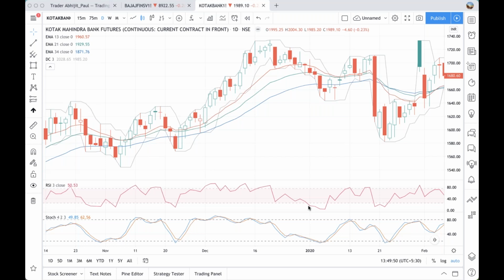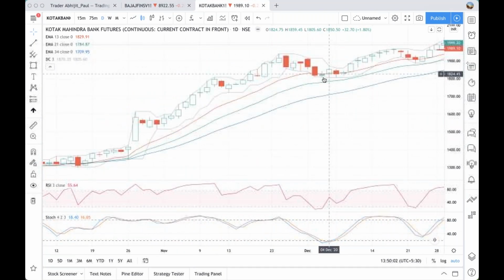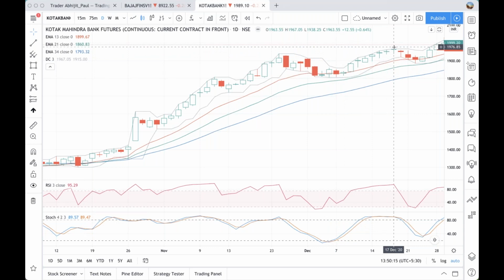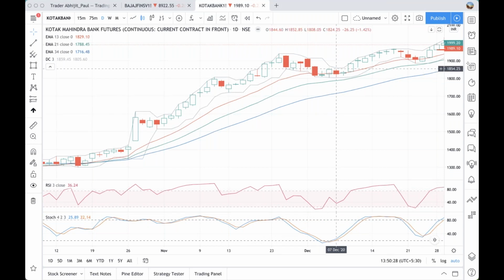that when the market goes oversold like this, I always prefer to see the size of the candles become smaller and smaller, like it was in the first example we checked. This was the oversold condition, and see what happened after that. For 3-4 days, the range of the market contracted significantly, which led to a nice breakout. So I always prefer, after going oversold, by the time I get the trigger to buy, that I would love to see the candles going smaller. This has got the support of a bullish Harami pattern here. You can see that very clearly,